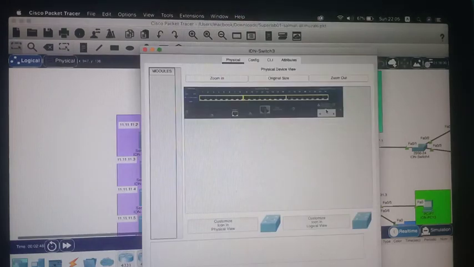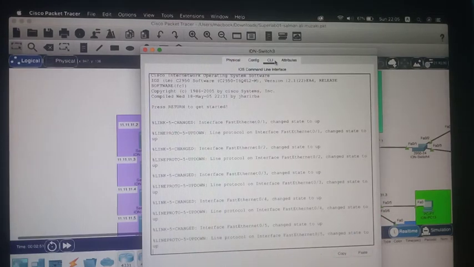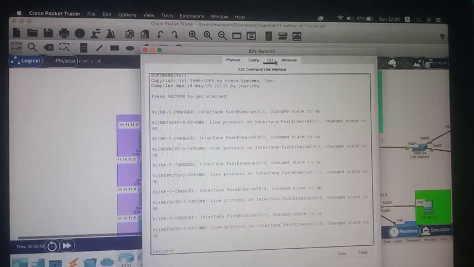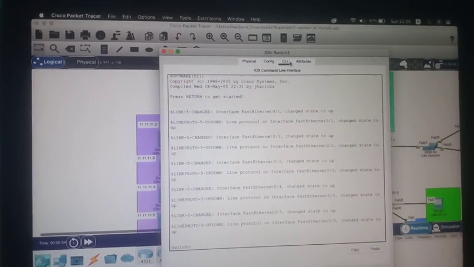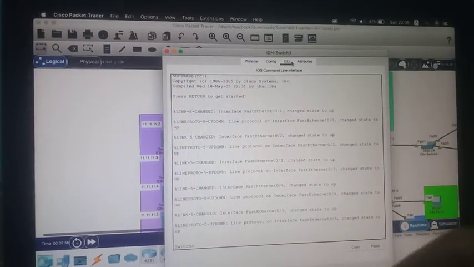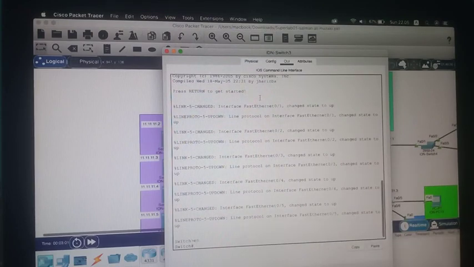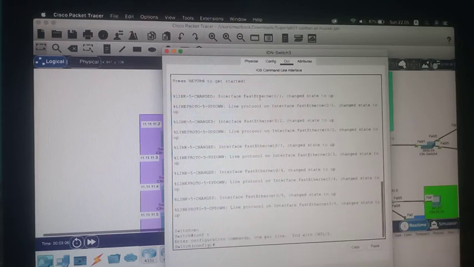Tap the button. This is switch 3. Press enter. Next we can enable, then configure terminal.